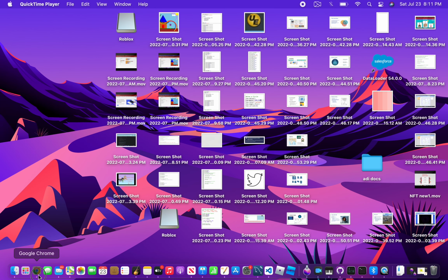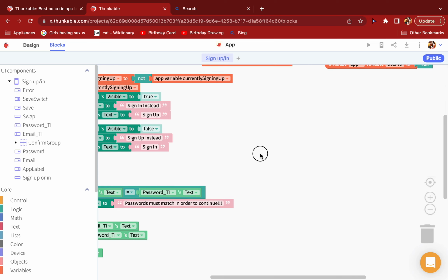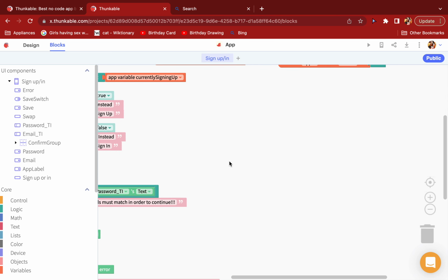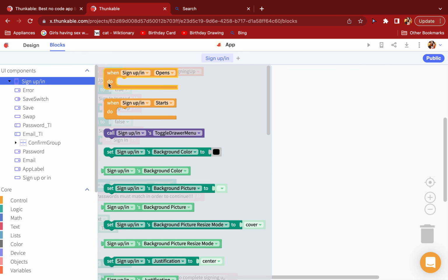Today, this is going to be part 2 of building a sign-in screen using Thunkable. So let's get started. Today we're going to be just working with the blocks. First, we're going to get our page, and when